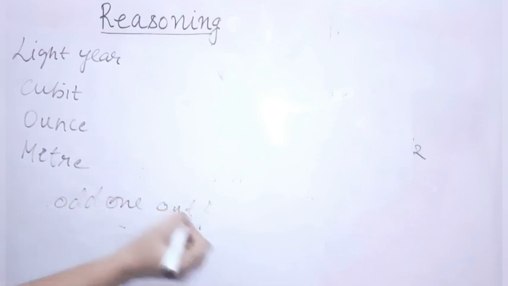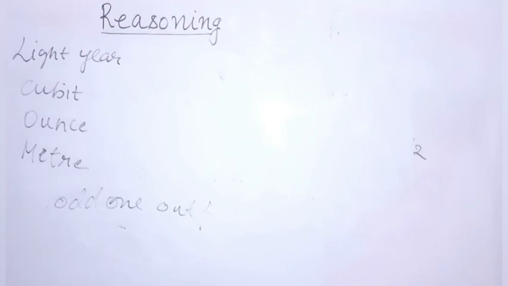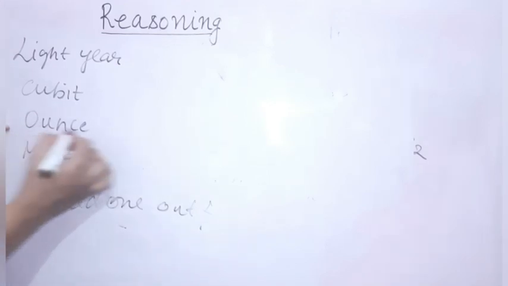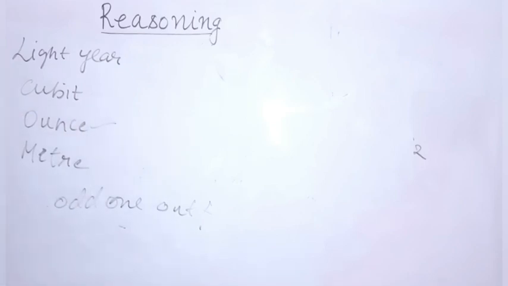That is very easy. Kindly go through all the 4 words and you will be able to solve this question. I am giving only 5 seconds to answer this question. Okay students? Yes, very good. Whosoever has commented in the comment section as their answer ounce, their answer is correct. Why is ounce the odd one out of the following? Because ounce is used to measure weight.